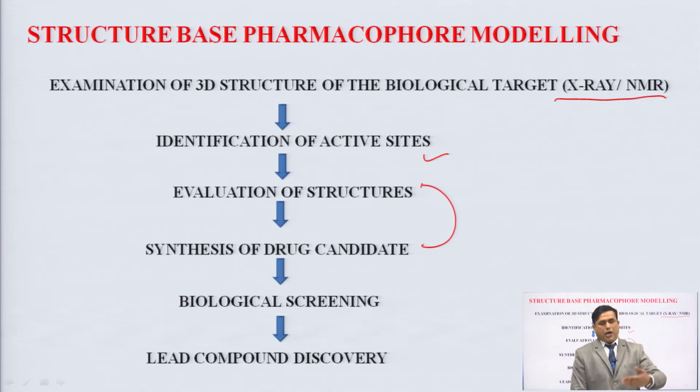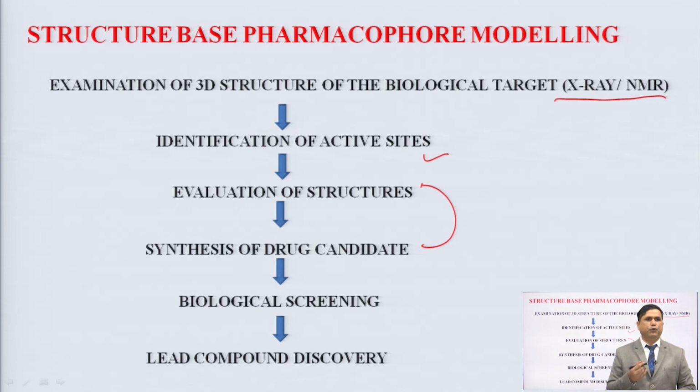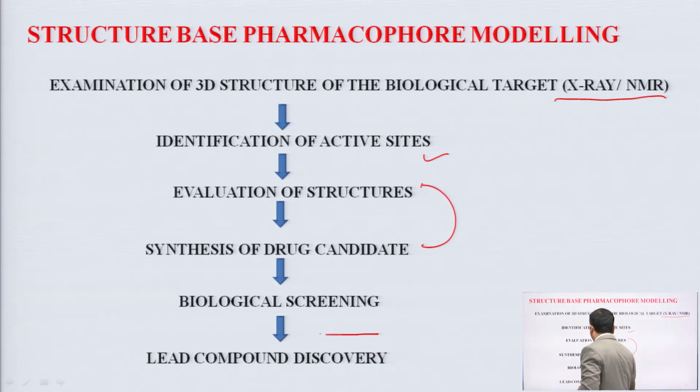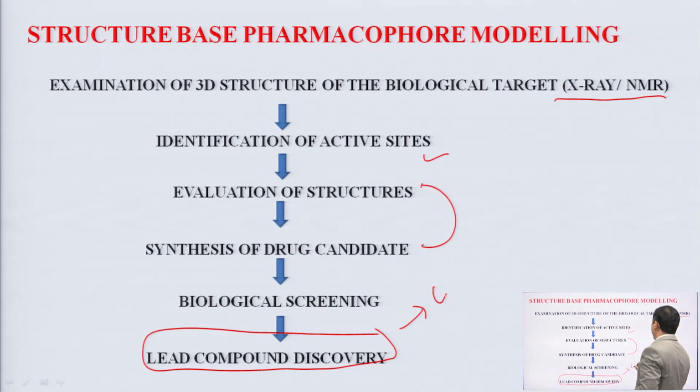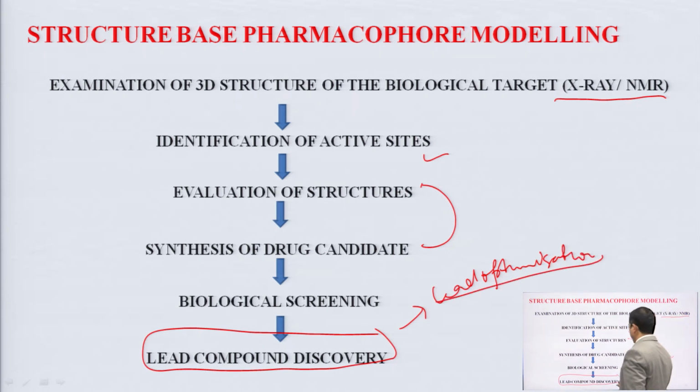After the synthesis of the drug candidate, we can perform the biological screening of all the synthesized drug candidates, and then we will get the lead compound, and after the lead compound we can do the lead optimization. This is a very important step in computer aided drug design. So, here